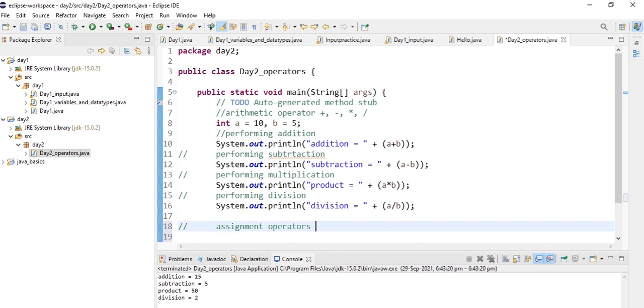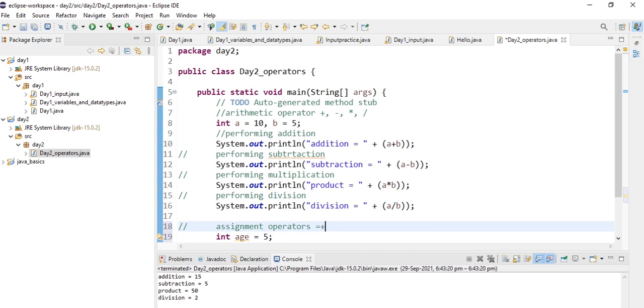For example, if we declare a variable age of int data type and assign a value to it, int age is equal to 5, we assigned 5 to the variable age. So the equal sign here is known as an assignment operator.